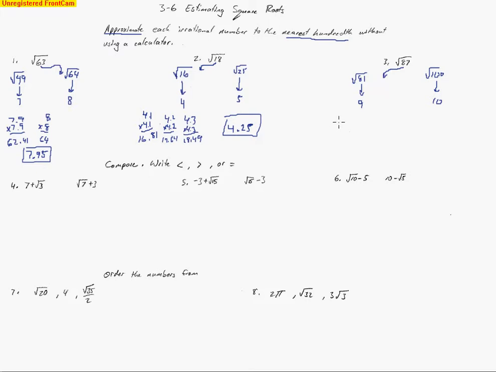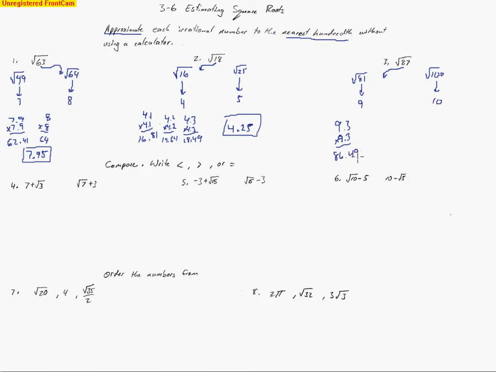I'm going to try maybe a 9.2 or maybe even 9.3. Let's try 9.3 when we multiply it, because over here, this was just two numbers away, and 4.2 ended up working. So I'm thinking 9.3. Since the numbers are a little bigger, things could be further away. And when I multiply those, I get